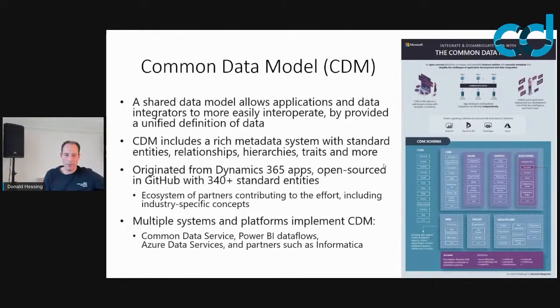So they collaborate with Adobe, they collaborate with SAP, so that you can interoperate the data between those systems. That basically means that if you build a solution on the CDS, the only thing that you need to do is load your data into the CDS, and then you can run your application.